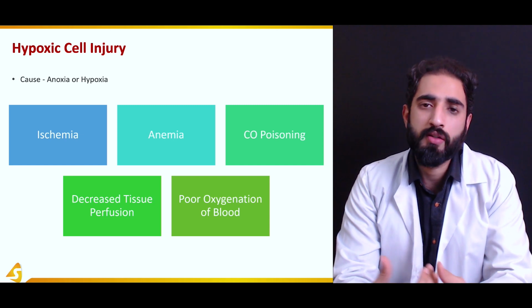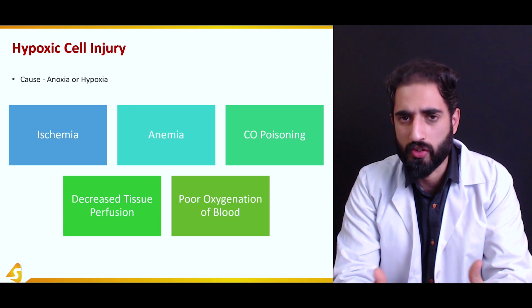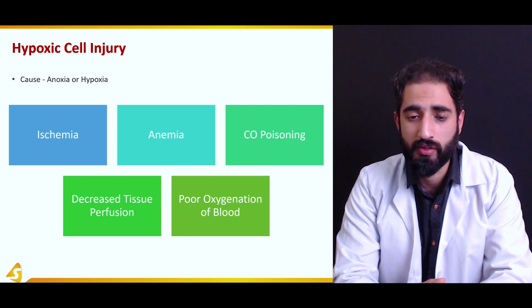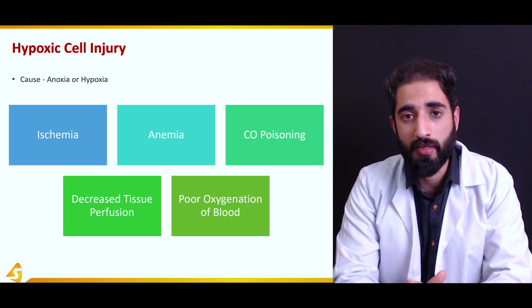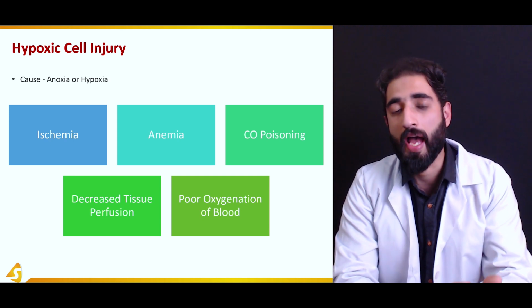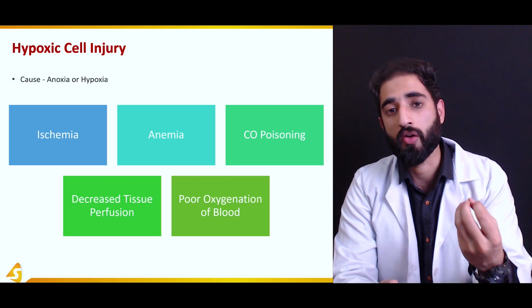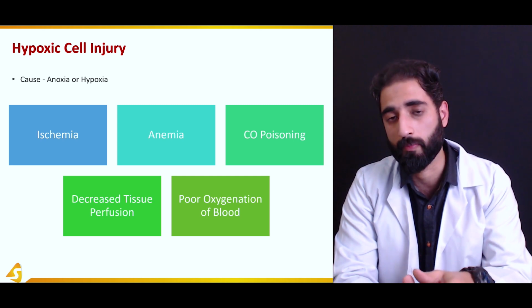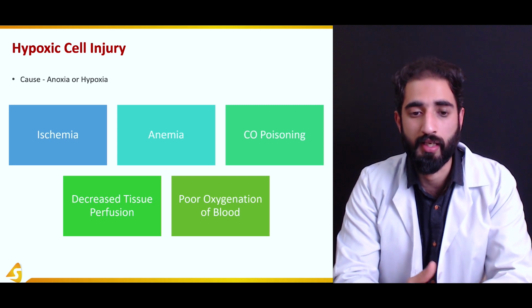How does this anoxia or hypoxia occur? It can happen in response to different conditions or circumstances. The most common is ischemia, in which there is lack of blood supply. Another very important condition is anemia, in which there is normal blood supply, but there is lack of erythrocytes or lack of hemoglobin, which means that the oxygen carrying capacity of blood is diminished. So even though there is adequate supply of blood, there is not adequate supply of oxygen, which results in anoxia